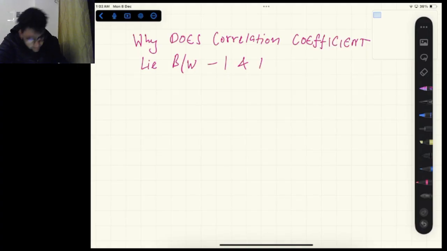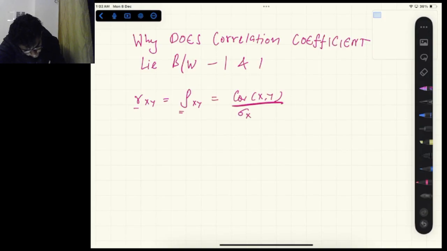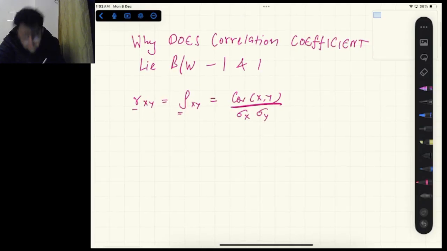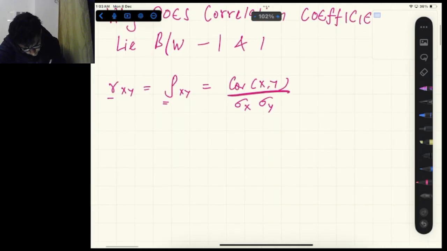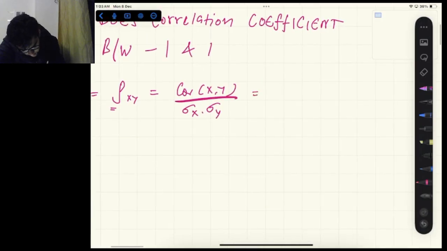So first let me write some terms so that you guys understand what is correlation. So correlation can be represented by R also and by this symbol also. So I don't exactly know the name of the symbol. If anyone knows the name of the symbol, please do write it in comments. I guess it is rho, right? So the formula for correlation is covariance x comma y divided by standard deviation of x and standard deviation of y, right? Or I can write this also as covariance x comma y